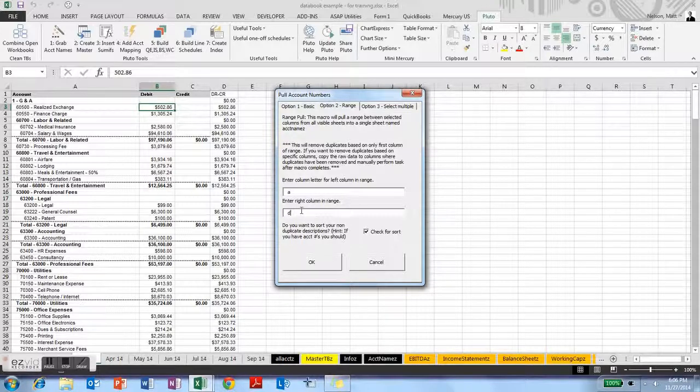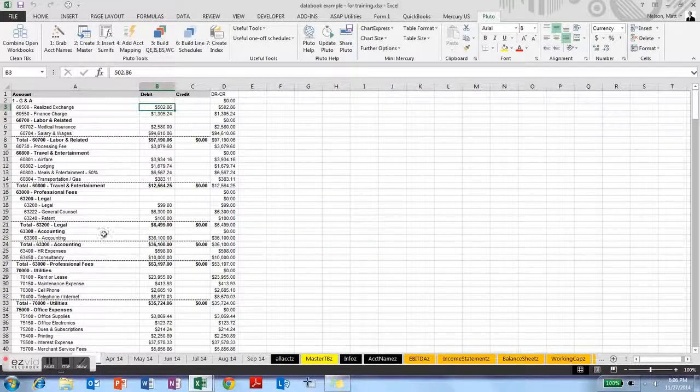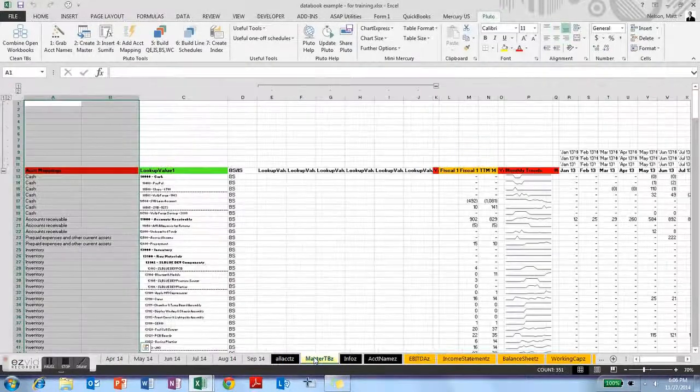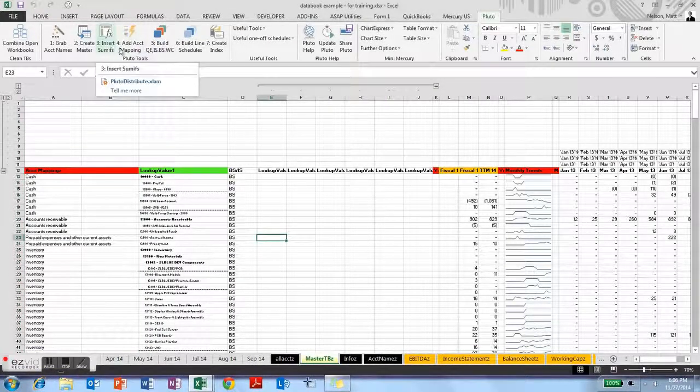Arrange, this is where you can pull multiple columns based on the starting and ending columns of the range. So if you said A to D, you would pull everything from A to D. Select multiple is another option, but when you can use range, you can pretty much pull in whatever you want as well. Next one,